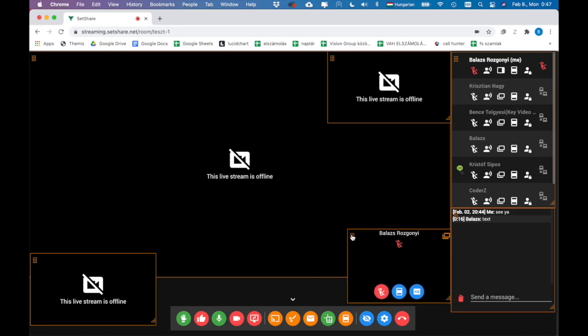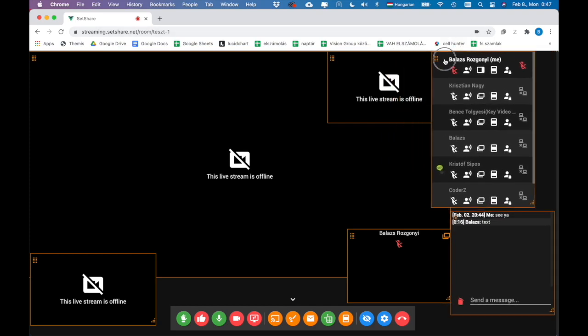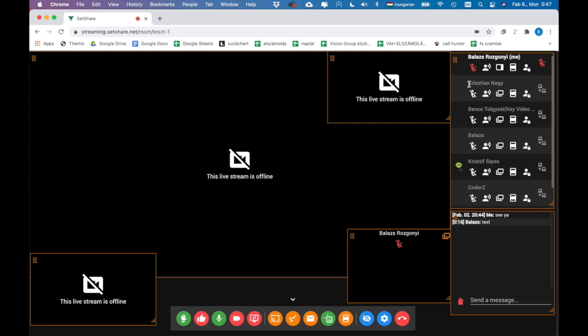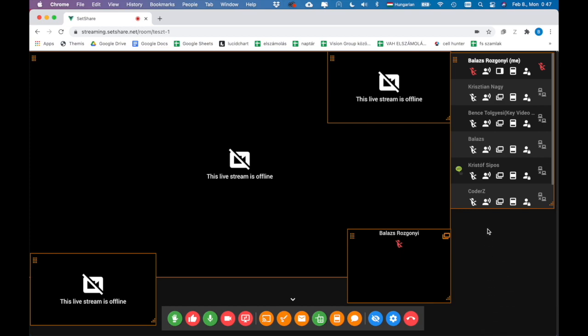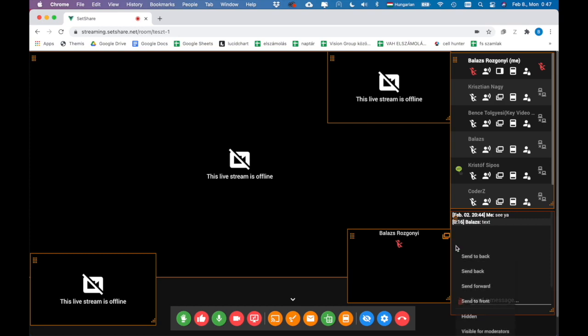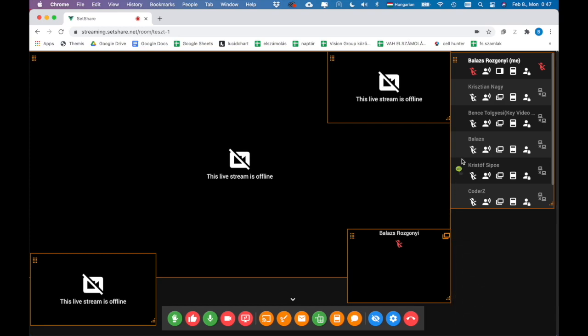And if I'm satisfied with this layout, I can leave it like this. I can also move around my chat box, or I can move around my list of the people who are logged in. I can also right click on it and say hidden, in which case there will be a new button here which is going to say show chat. So if I say hidden, it is not visible for anybody now,